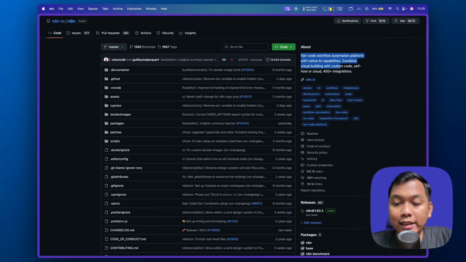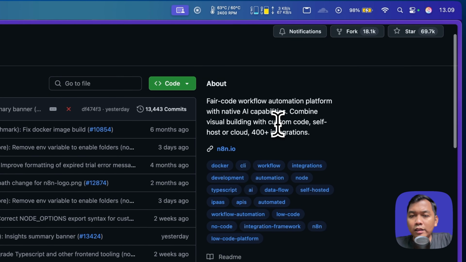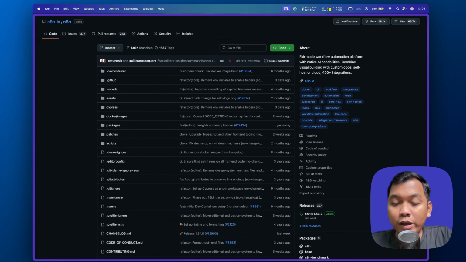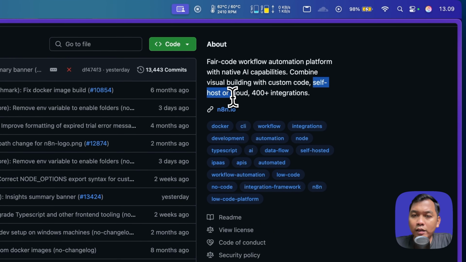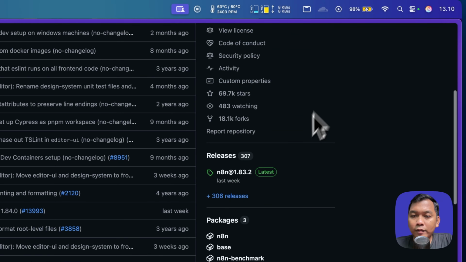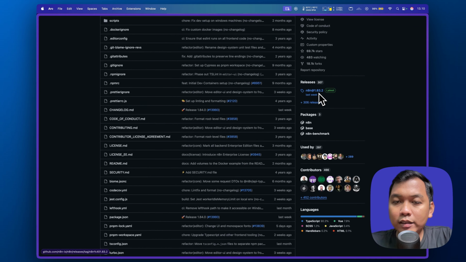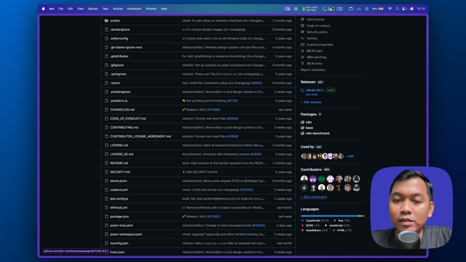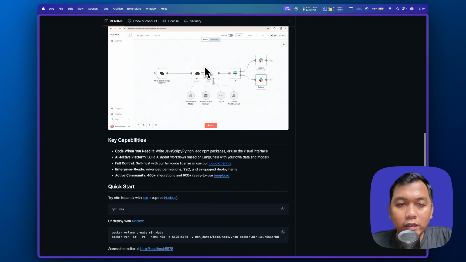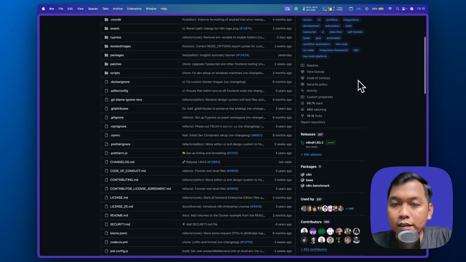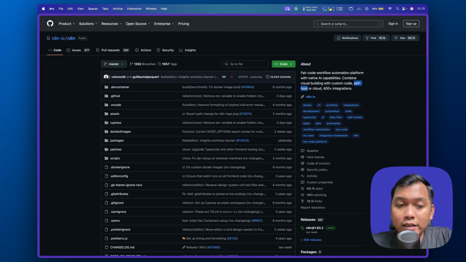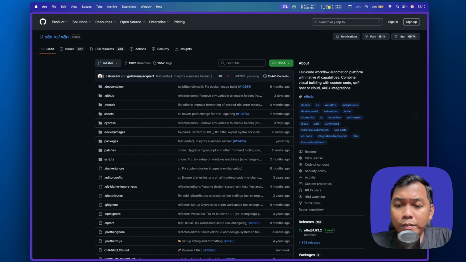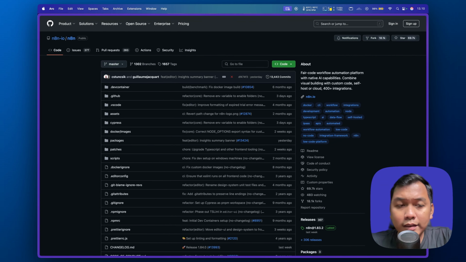As I said previously, it's called cloud if we use n8n.io, but we can also self-host on our server. Here, the latest version is 1.83.2, and we can also check the license here, but by default we can use this and self-host it on our server. Alright, so let's go to our EasyPanel.